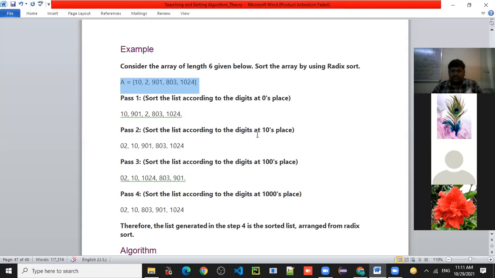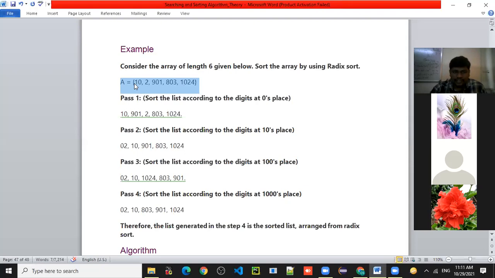So first zero place you need to identify. Now sort the list according to the digit at zeroth place. Zeroth place कोणत्या साइडला आहे? This side is from this right to the left we are considering. So always we are considering right to the left.